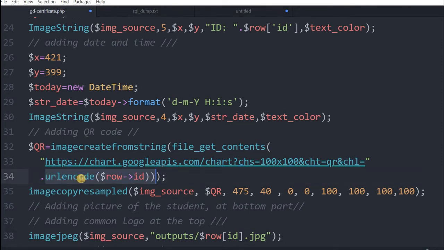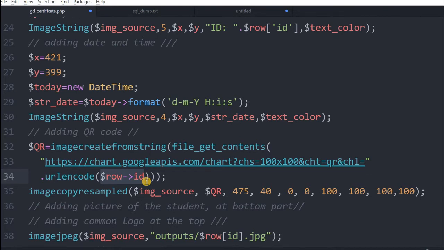Why am I adding urlencode? You must know URL encode is a PHP function, because you may be using a string, but actually in this case it is not required, because we are using a row ID which is numeric, so it's an integer. This row ID, student ID 3, 4, 5, whatever we are sending. If you want to send the student name along with the row ID, just add that here. The row name we are already collecting at the top, so you can add it, but there is no point, because usually it's the ID, invoice number, or this sort of numeric figure that is passed.